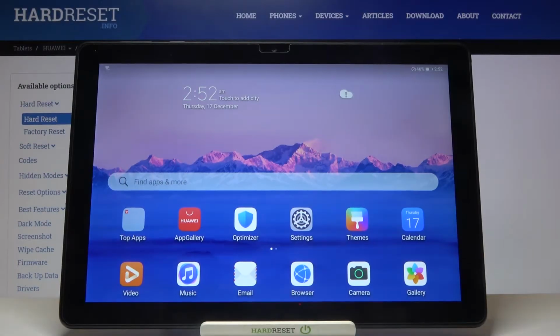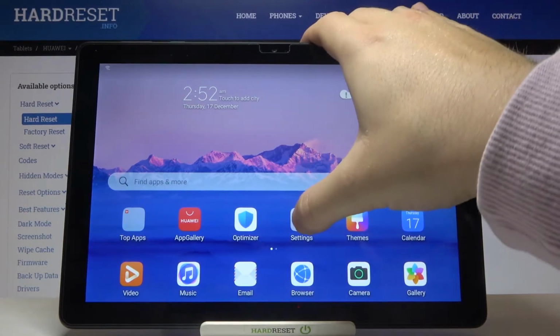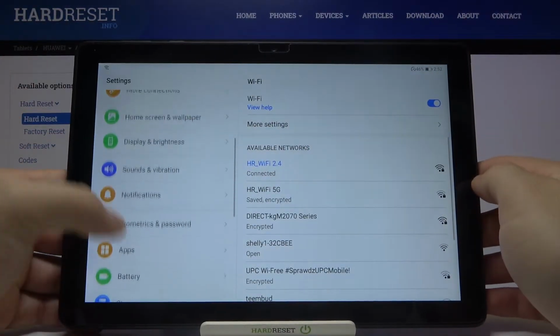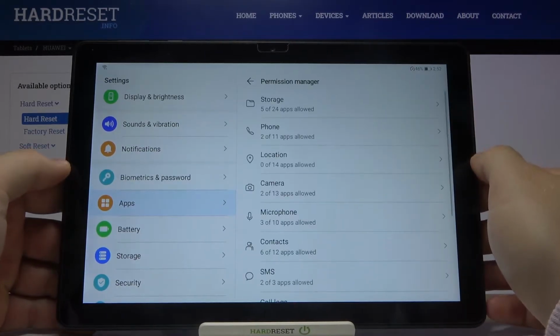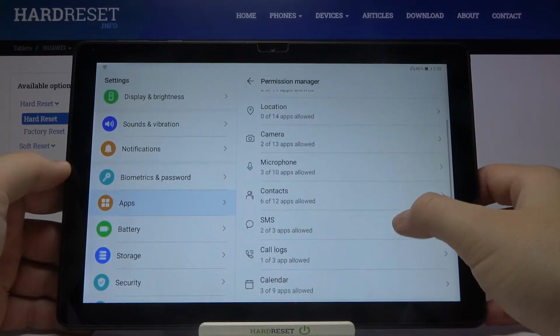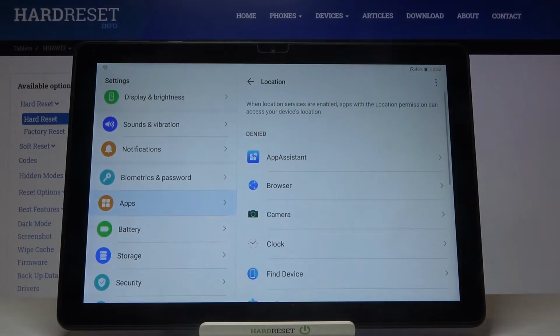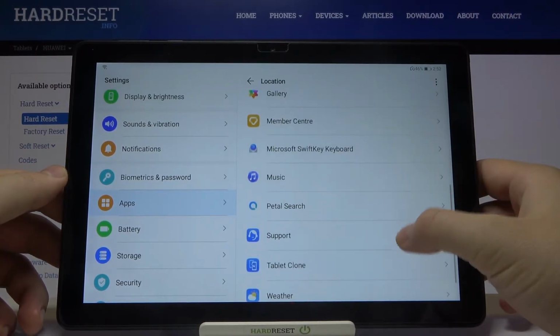Welcome. If you want to manage app permissions in your HUAWEI MatePad T10, at first you have to go to the settings. Right now, let's go to apps. Then move to the permission manager. And for example, we can change location info. So click here. And right now, as you can see, we can grant permission by tapping on one of these